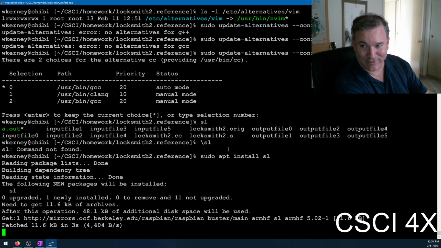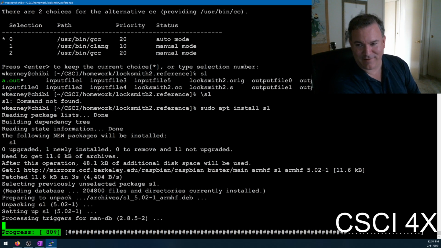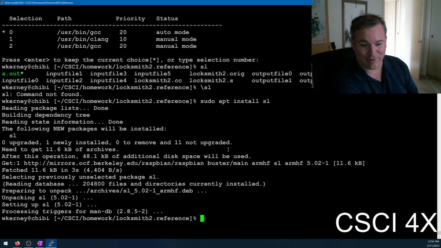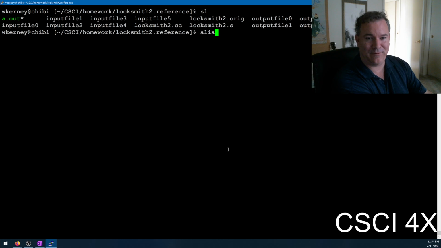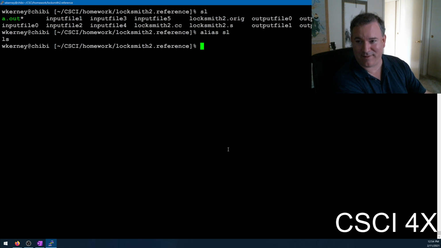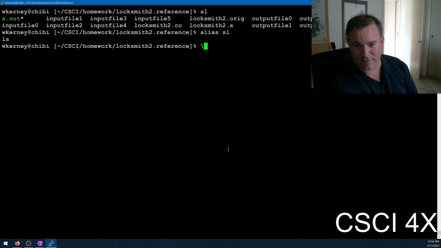It's gonna eat up all my hard drive space, I tell you. So sl is Steam Locomotive. It is a command designed to teach people not to type ls backwards. But I have an alias set up, so if I type ls backwards, it does ls as a quality of life thing. By the way, if you run a command with a backslash in front of it, it doesn't use the alias. So if you want to run the original sl,